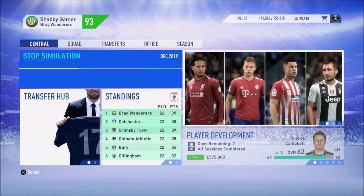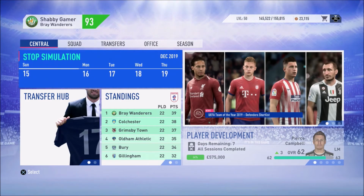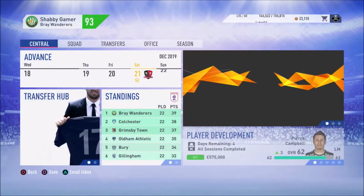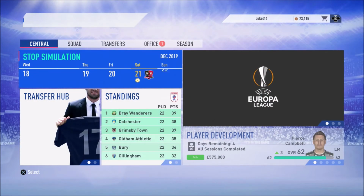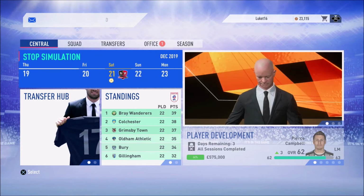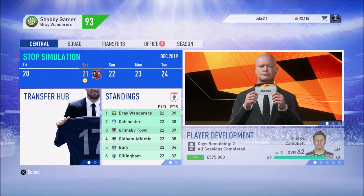We'll have 4 games for you next time, I think. Yeah, we'll have 4 games because there's nothing else happening now. So 4 games, and then the episode afterwards we'll get into January. We'll bring some more players through our youth academy. And then hopefully start to continue pushing on and get into the second part of the season. See if we can continue to look strong in the second part of the season, and hopefully